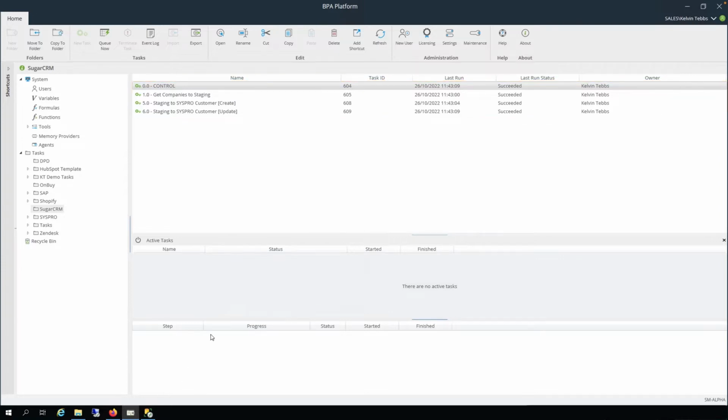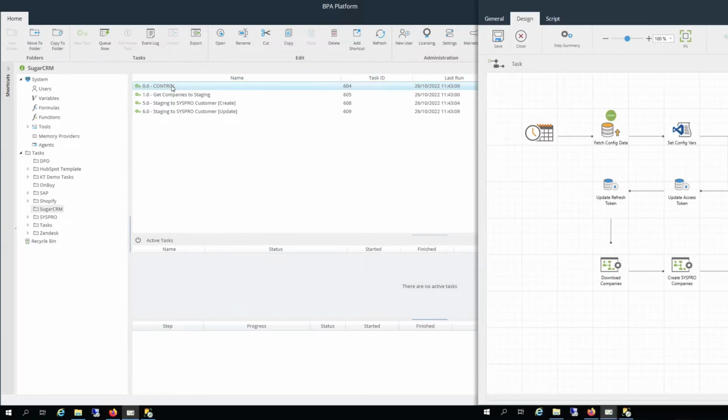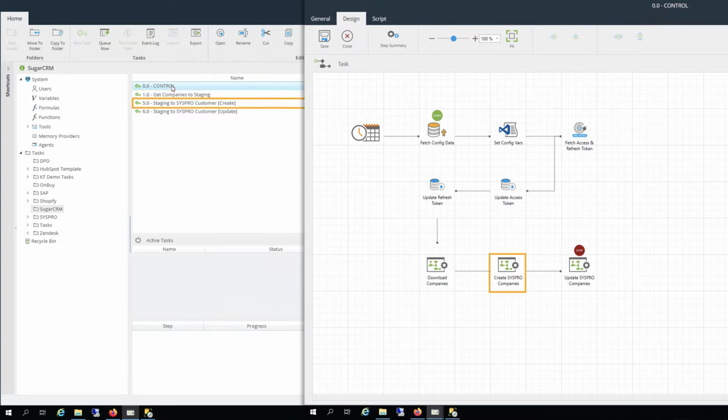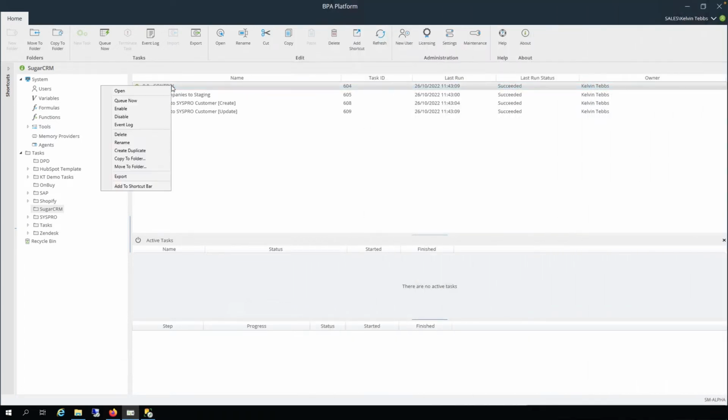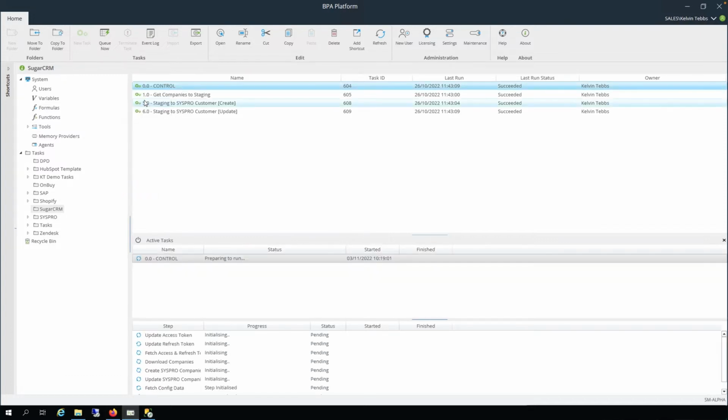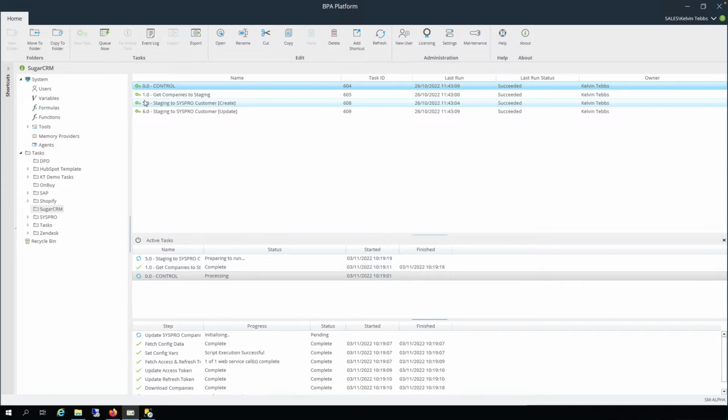The first task is labeled Control. This runs all the subsequent tasks in sequence, and it can be automated and run on a scheduled basis. However, other events can be used as an alternative to a schedule if required. For this demonstration, we will manually queue the control task and have it complete the synchronization for the account and